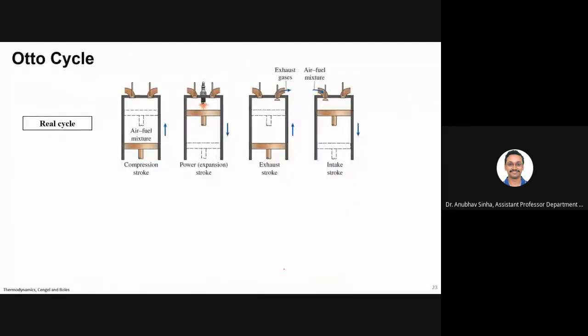Okay, now let us see how an Otto cycle looks. We'll first see how a real cycle in an actual engine works, then we'll look at the ideal cycle. These are the 4 strokes, which we will not go into in detail. We'll focus on what is going on in each stroke. First we have the compression stroke where the air-fuel mixture is compressed. Actually, this should be your first, intake stroke. So you take air from the ambient and then you compress that air.